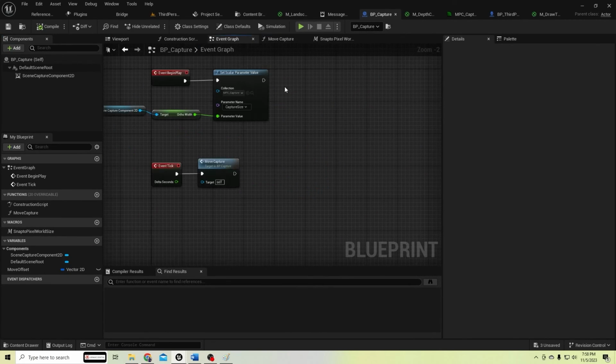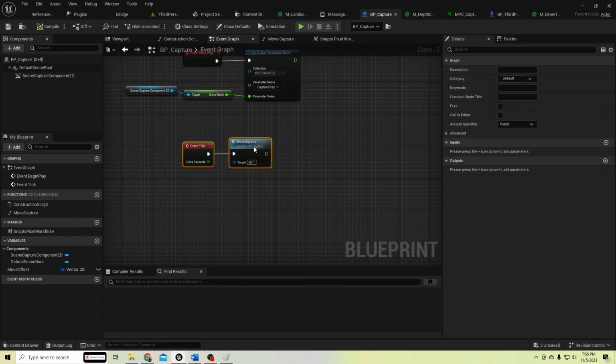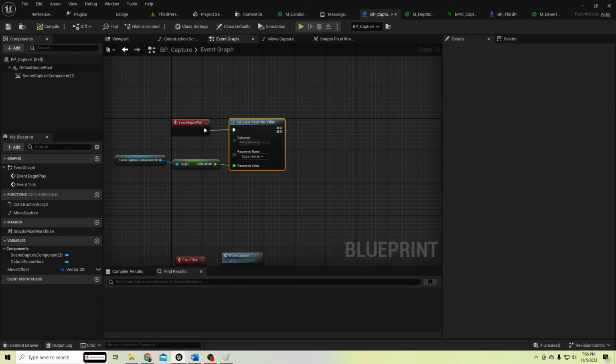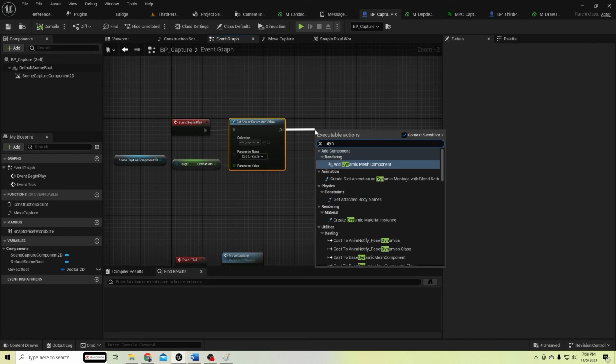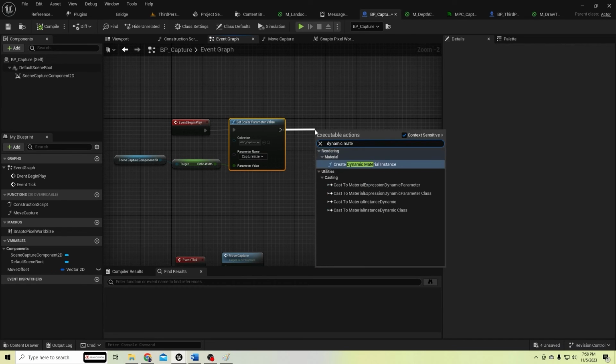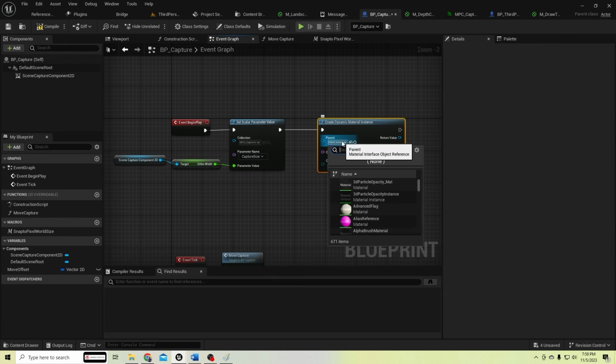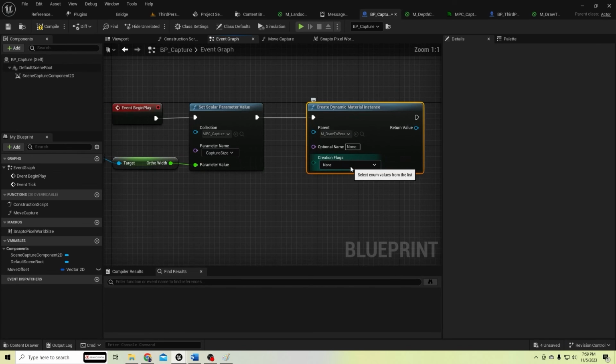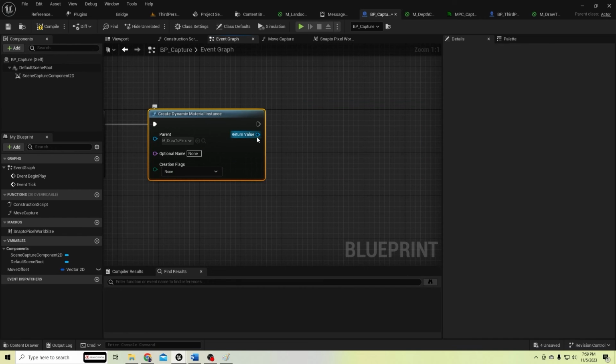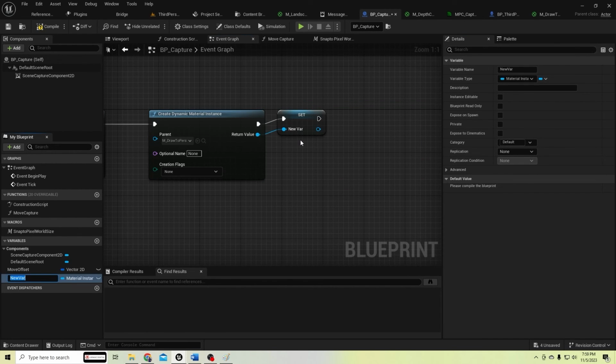In the BP capture, let's create a dynamic material instance from this draw to persistent material, and promote it as a variable, draw material, and then